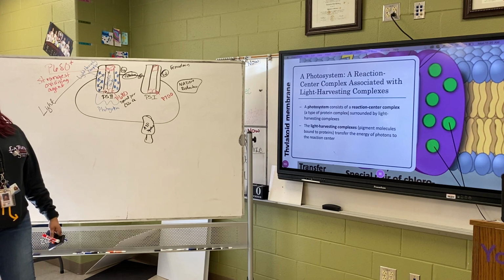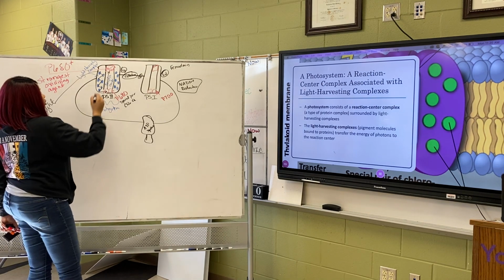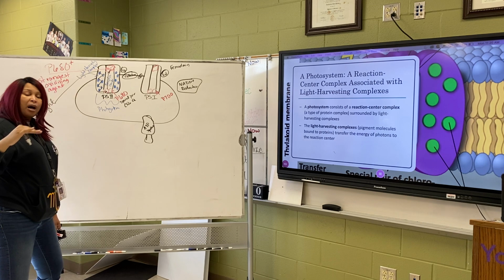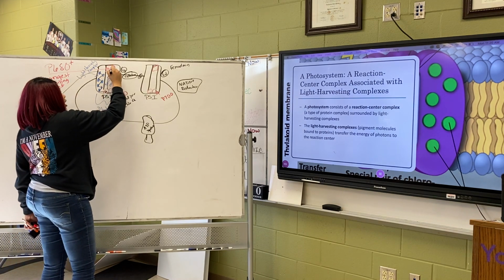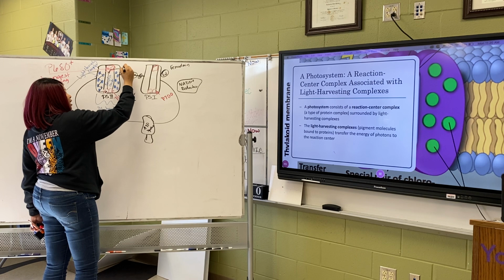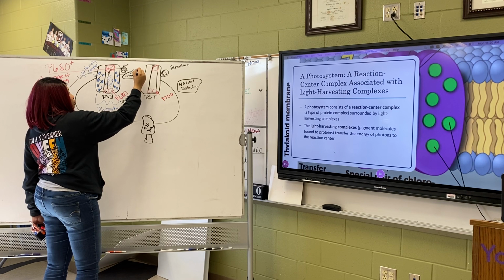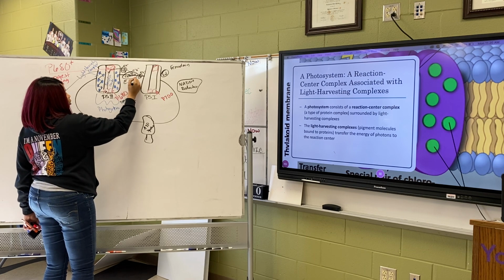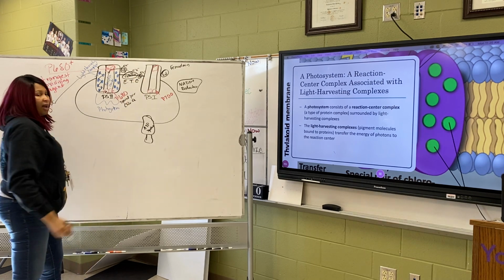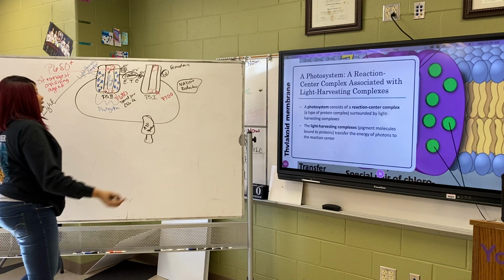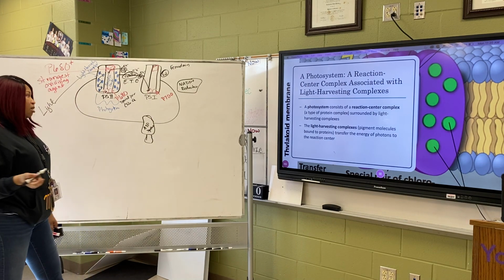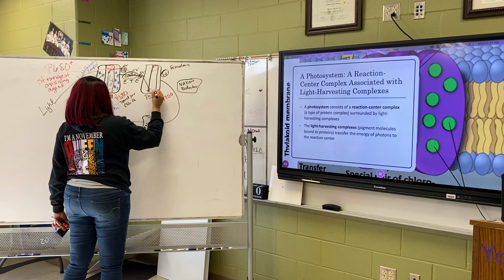Now remember, an excited state is unstable, all right? So when the electrons get to the primary electron acceptor, they still need to fall down to a ground state, but that fall is controlled by passing the electrons from protein to protein. This is called an electron transport chain, okay? Finally, the electrons are passed to photosystem 1, where they sit until